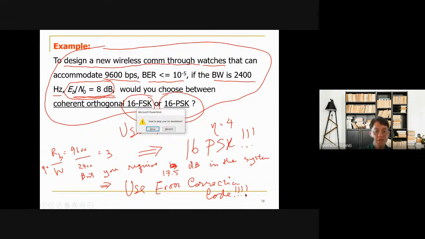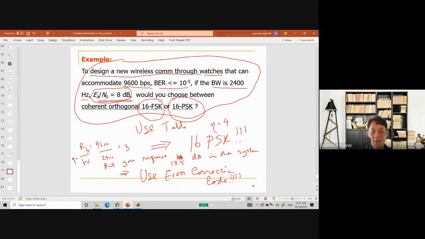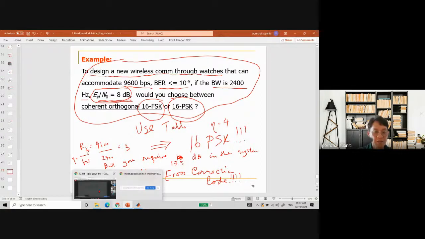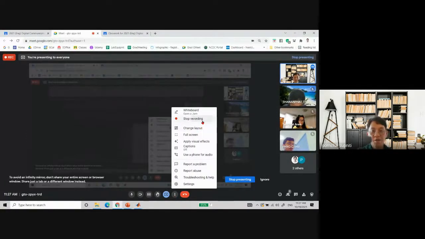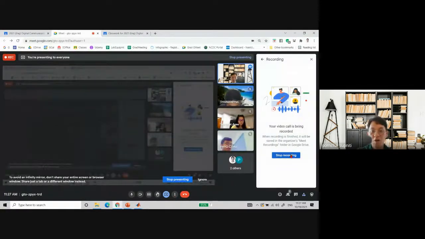Any question on this part? I think I went through quite slowly, right? But it should be quite clear what we have been doing all along, right, for the whole